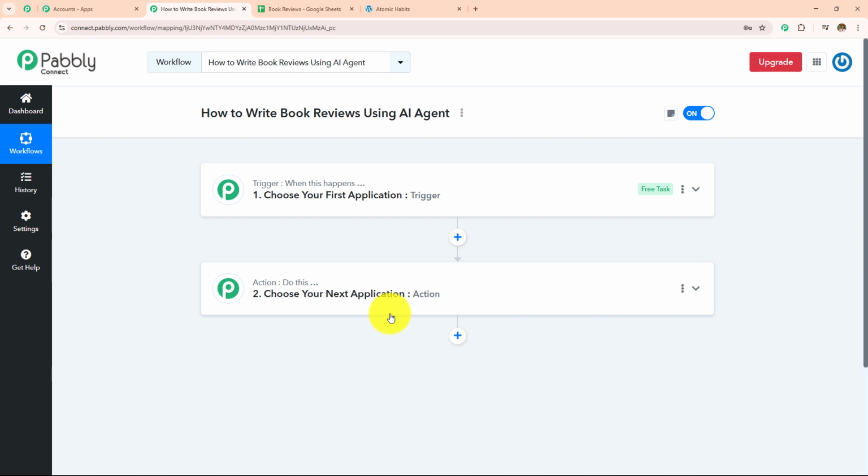So trigger is basically an event which starts the automation of a workflow. There can be only one trigger step in a workflow, but as many action steps as you want. Here in this workflow, I want to write book reviews using an AI agent, which means whenever I'm going to add